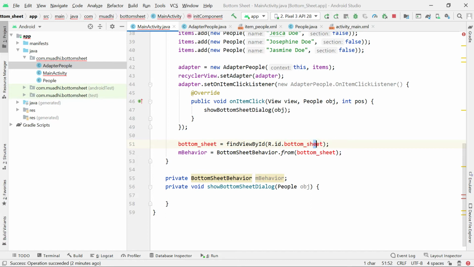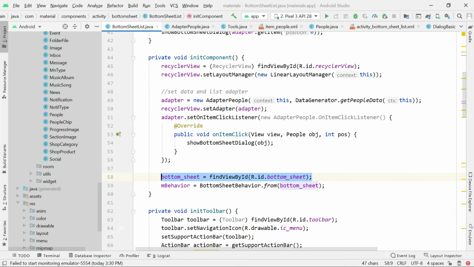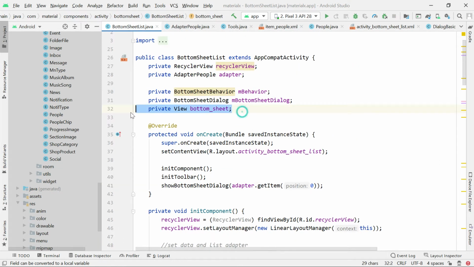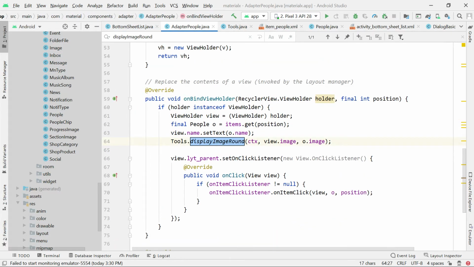Since this one is depending on this, it means that you must first initialize this one. You remember that problem, like when you could initialize something, then you want to use it before you initialize it, then it will collapse. So I'll create here what? A bottom sheet.